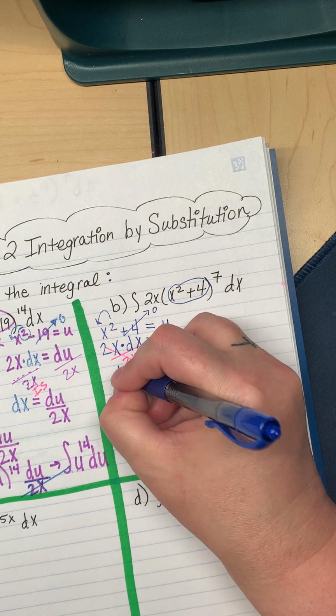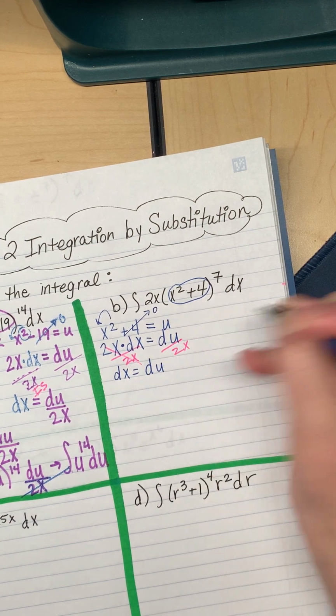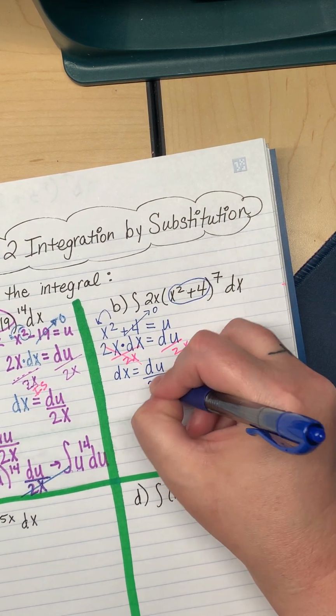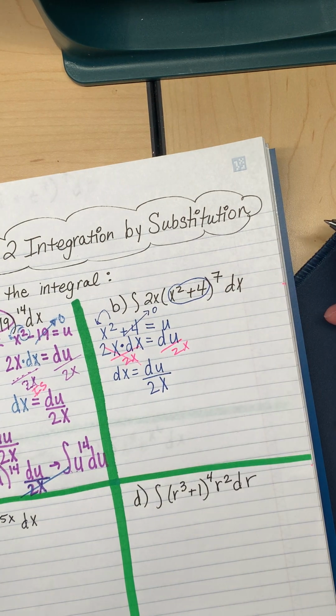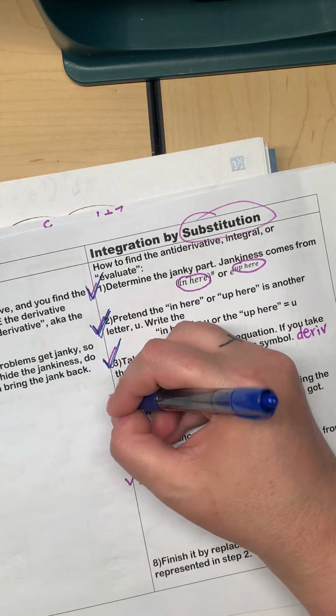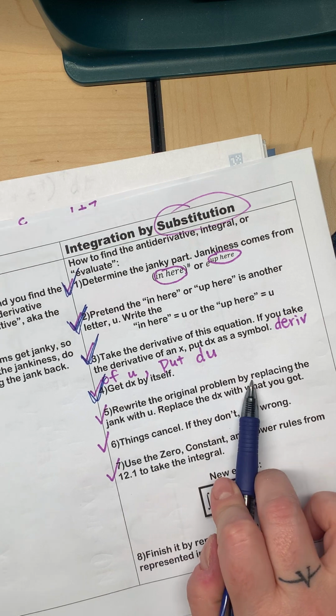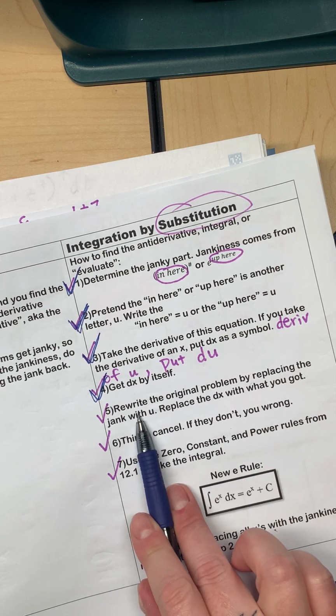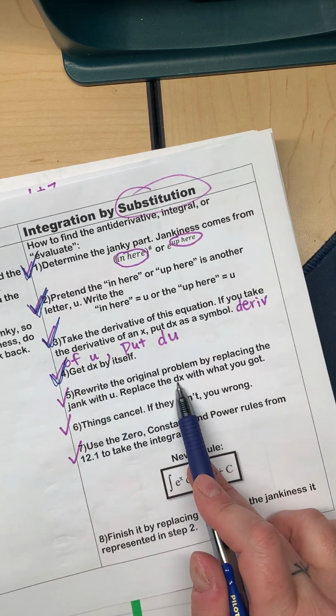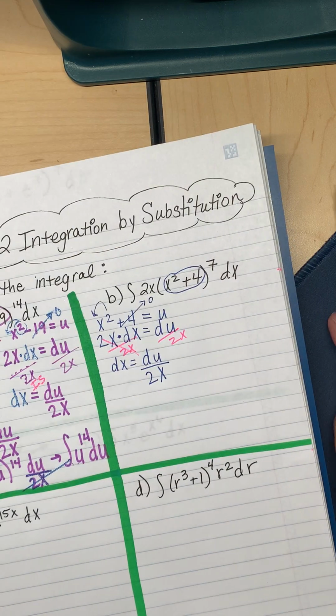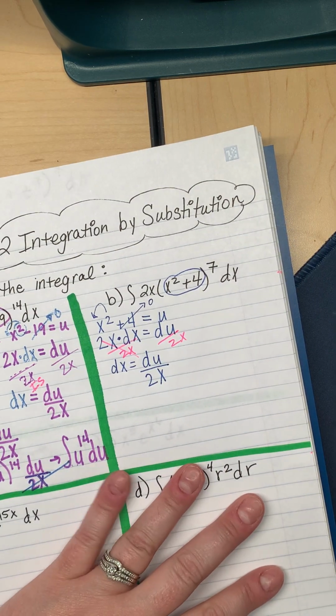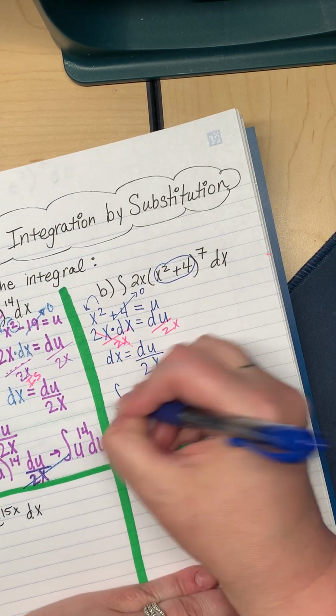And you get dx equals du over 2x. Okay, now let's look at step 5. Rewrite the original problem with the janky u and make the dx disappear. Okay, so our original problem says integral